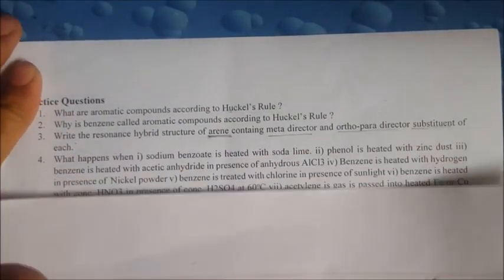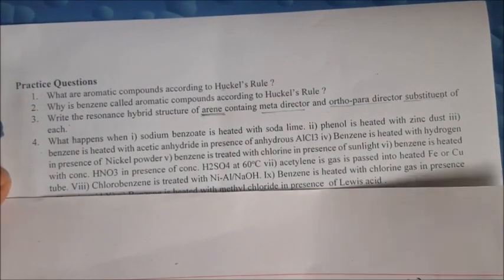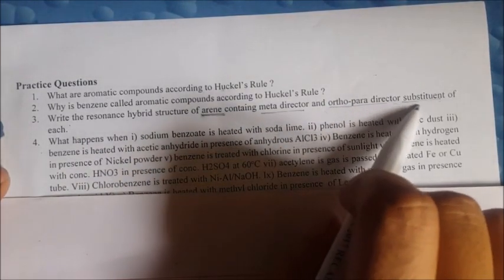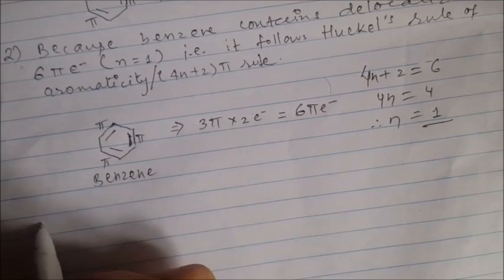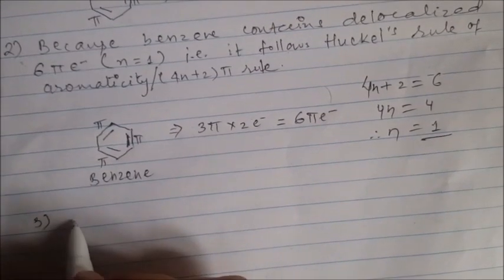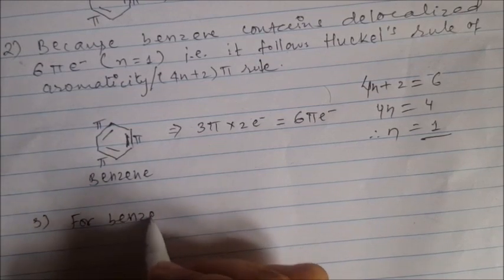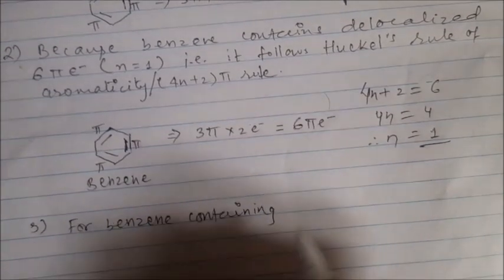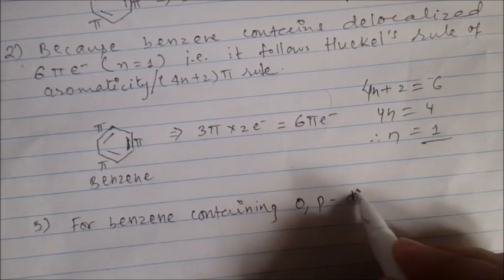Now in question number 3, we are asked to write the resonance hybrid structure of arenes containing meta director and ortho-para director substituents of each. So for this question, first of all, for the benzene containing ortho-para director substituent,